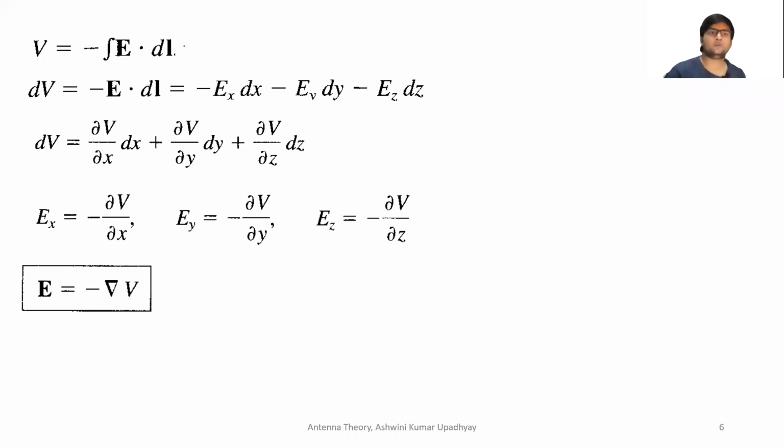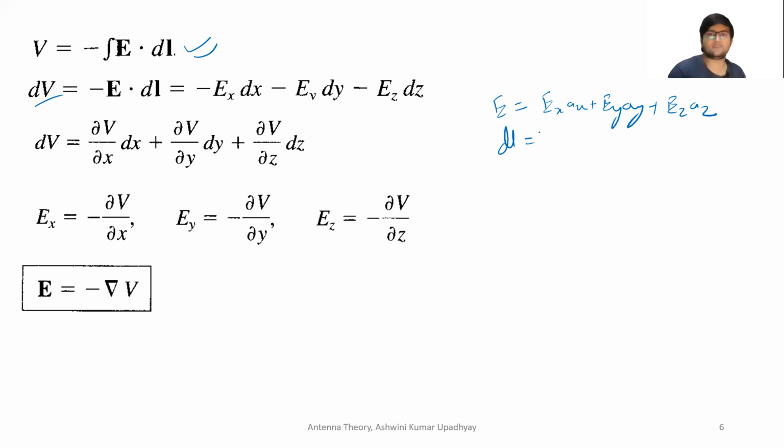Now, you know that V is equal to minus the line integral of the electric field. And if we take differentiation of both sides, this integral will go and this will become dV. And since you know the electric field is a vector quantity, you can write it also as Ex Ax plus Ey Ay plus Ez Az. Similarly, this small line part can also be written as dl. dl is also a vector, right?